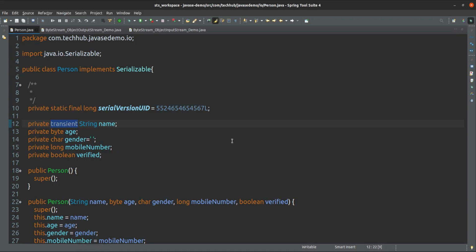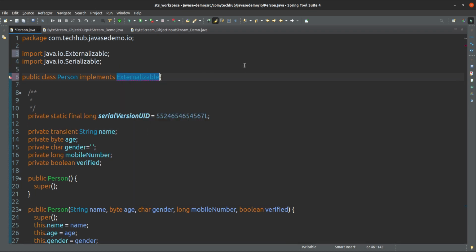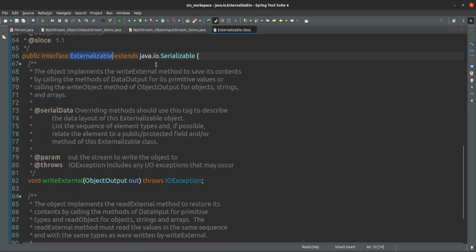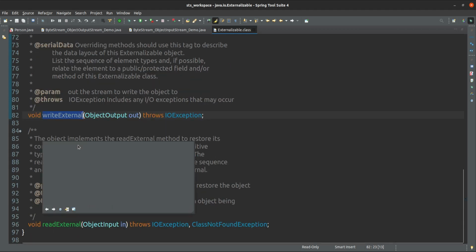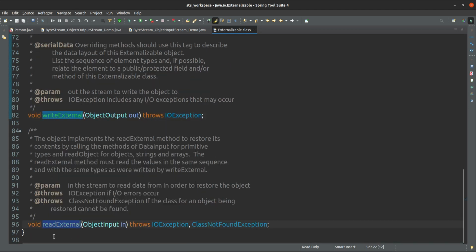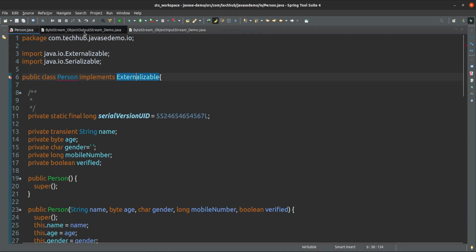So now we will use Externalizable. If you see this Externalizable, it is again extending Serializable, and it has two methods: writeExternal and readExternal, taking ObjectOutput and ObjectInput. We have to give the implementation for these in this Person class.